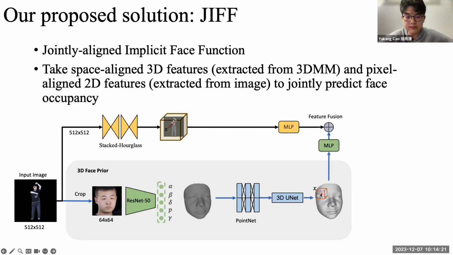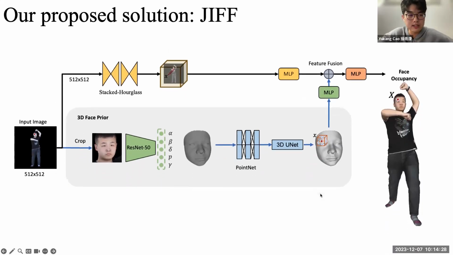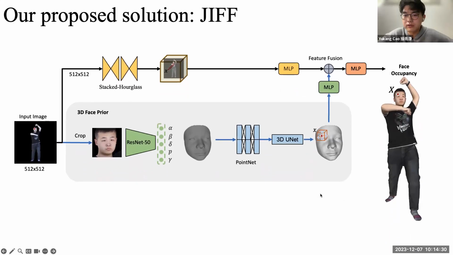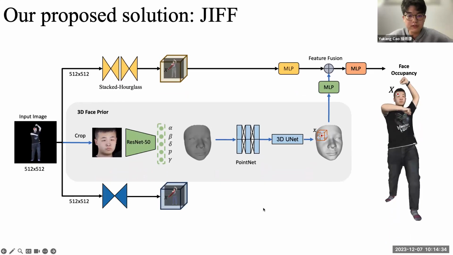Finally, we fuse this feature together and use an MLP to predict the occupancy value. Next, I will introduce our coarse-to-fine network for improving the textures. So we first fuse the 2D features from both the geometry branch and the texture branch and feed them to an MLP to predict